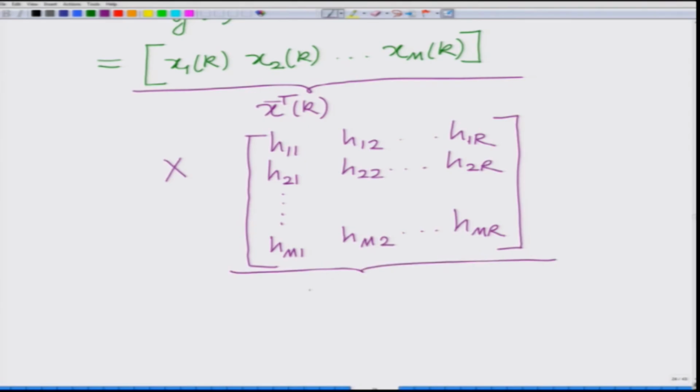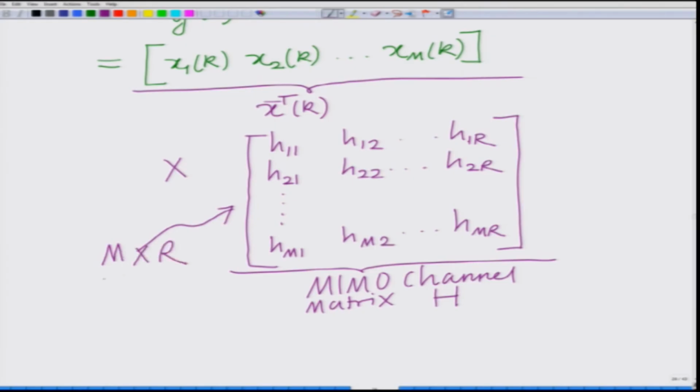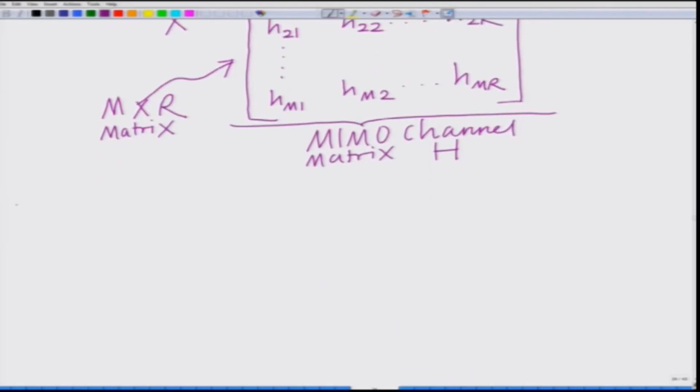This is your MIMO channel matrix H. And you can clearly see this is M cross R. So, we have now the M cross R MIMO channel matrix H, correct, where M is the number of transmit antennas, R is the number of receive antennas, correct, and what is left is the noise vector, and the noise vector can be written as